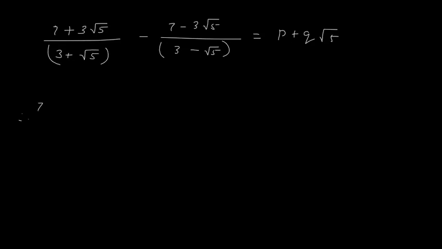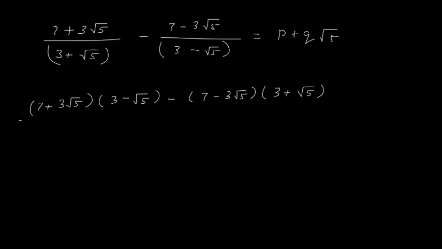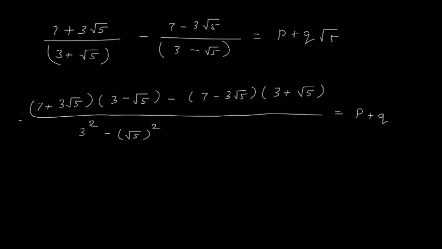This is 7 plus 3 root 5. This we multiply by 3 minus root 5, minus 7 minus 3 root 5, we multiply this with 3 plus root 5. Now this whole divide by, our denominator will be 3 square minus root 5 square, and our right hand side will be p plus q root 5. So this implies,